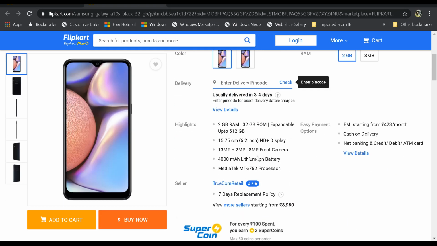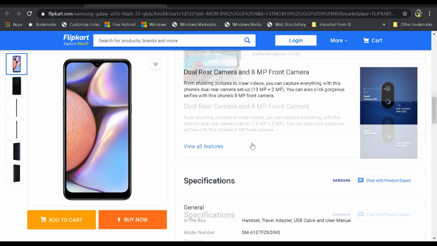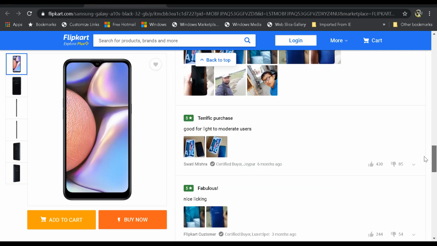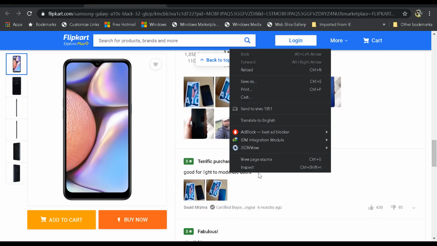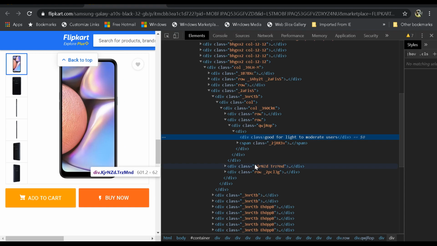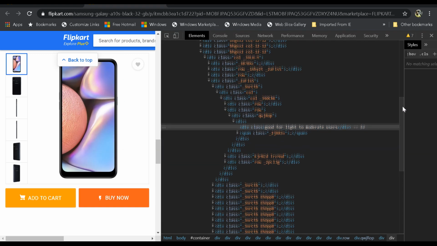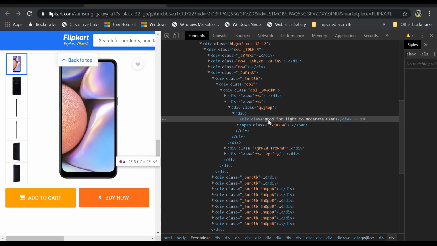Let's do a thing. As I've already said, we'll be working with the comments. So let's directly inspect a comment. Okay, as you can see here, it's under the div tag, under the class qwjrope, and under that we have a couple of div tags. Okay, so the base thing will be this.